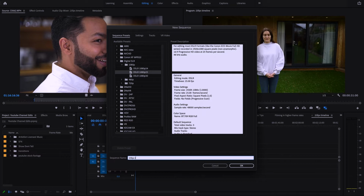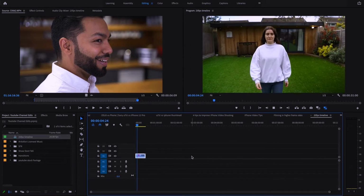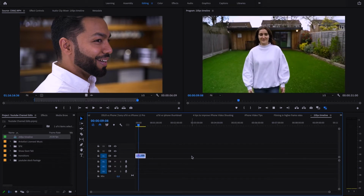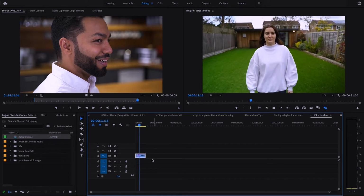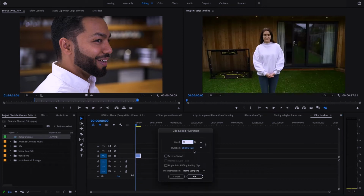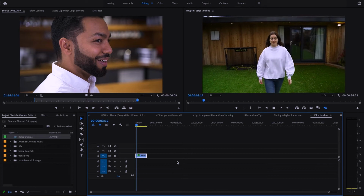So say, for example, I put my 50 frames a second footage into the 25 frames per second timeline, right? Now, when I do that and I just play it like so, you'll see the footage is normal, right? Even the 50 frames becomes 25, and because it uses interpolation, it still works out smoothly, it's all good. But if I now halve the speed, as you can see, suddenly it's turned into that really nice, smooth slow